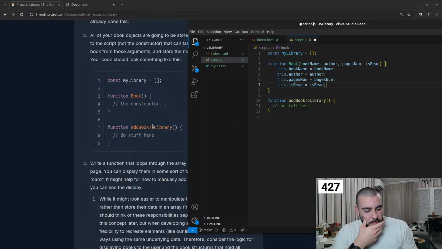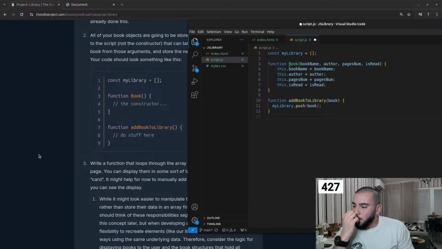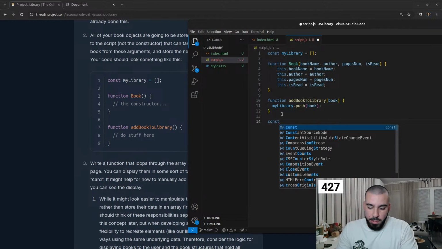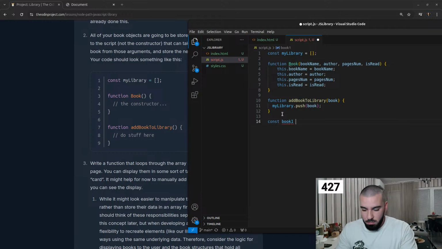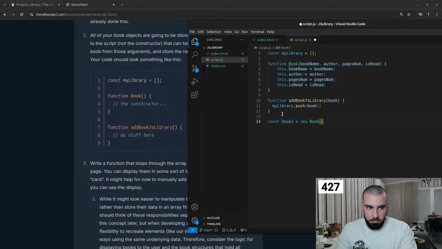addBookToLibrary. So the addBookToLibrary will take in the book, and it will be myLibrary.push(book). So that should be the function that will add a book to the library, but we can test it out. I just regret that I removed my book one, so we'll have to rewrite it. New Book, and then we'll put name, author,